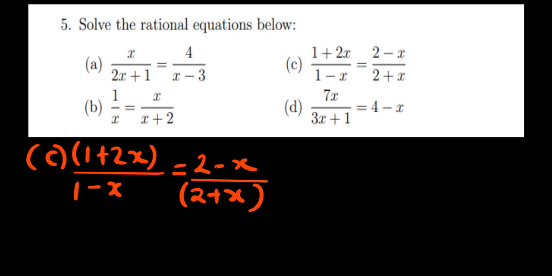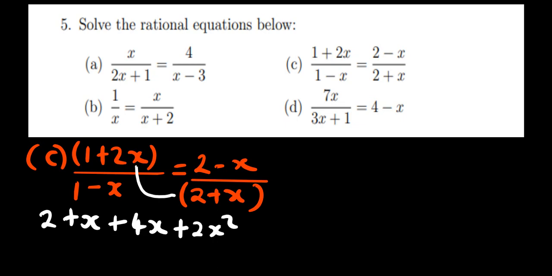So let me start with these expressions. What am I going to have? I'm going to multiply 1 with everything in the bracket, so I'm just going to remain with 2 plus x. Then let me multiply 2x with everything in the bracket. I'm going to have plus 4x, plus 2x squared, is equal to,